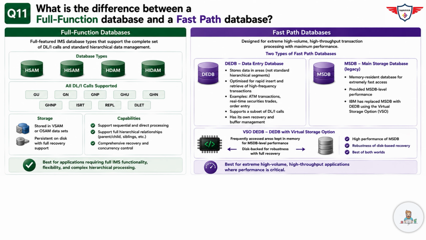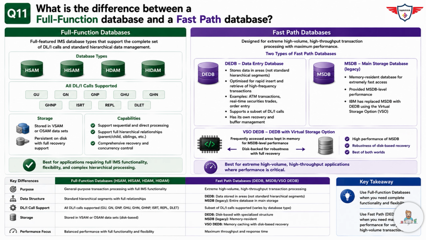Now the next question is, what is the difference between a full function database and a fast path database? Full function databases, for example HSAM, HISAM, HDAM and HIDAM, support all DLI calls, for example, get unique, get next parent, get hold unique, etc. And they're the standard IMS database types stored in VSAM or OSAM datasets. They support sequential and direct processing. Now, fast path databases are